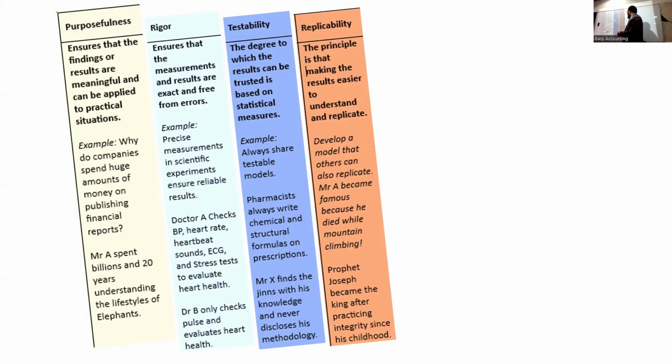Okay, now there is a person who died because he was climbing Mount Everest and he became famous. Do you think whatever he has done is logical? No, because he has created a model which is not replicable for the general public. So as a decision maker, always take decisions on information that is replicable. Do not go for information that is not replicable. And as a presenter of information, always try to present information that others can also replicate,